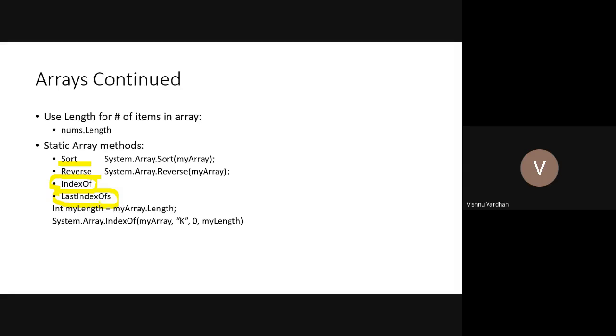So what is the last index of 35 occurring in that array? It may be the index of occurring for the fourth time, or the index is maybe at the 25th time. So in that way, it will give the result. All these are methods which are supported by default whenever you are applying an array in your program.